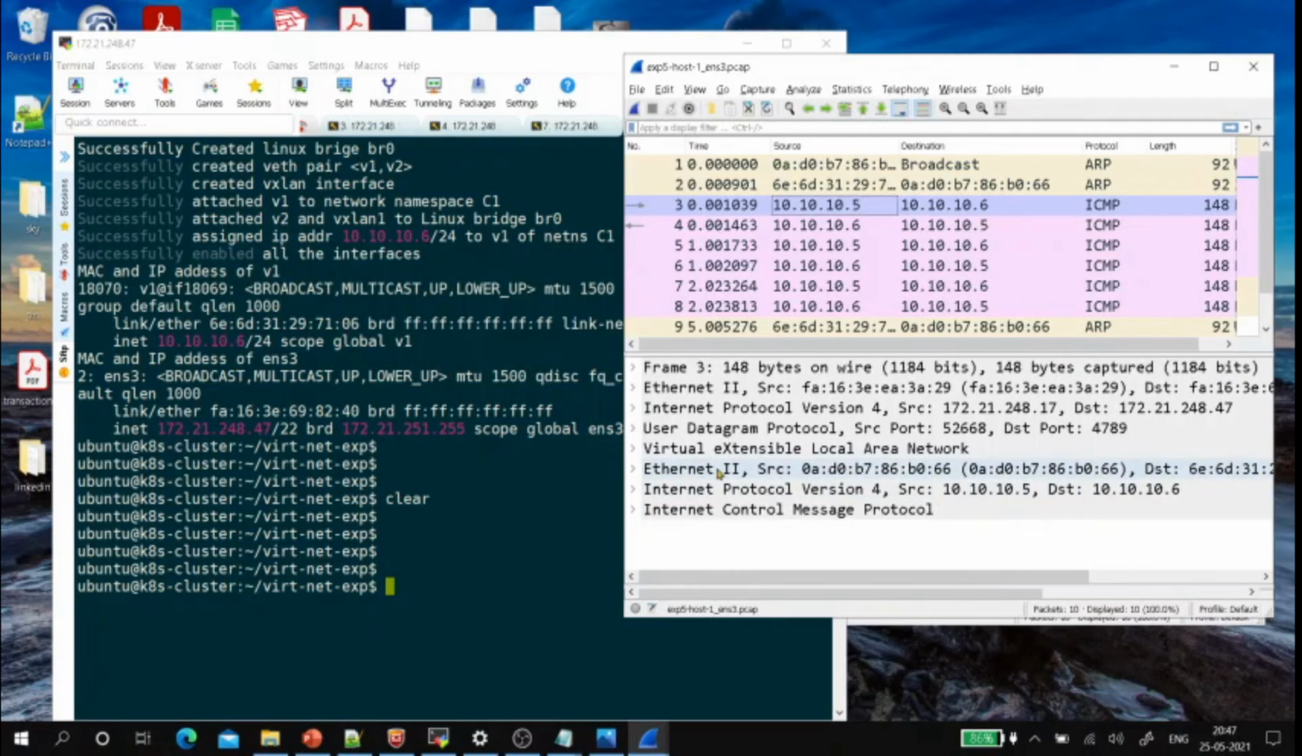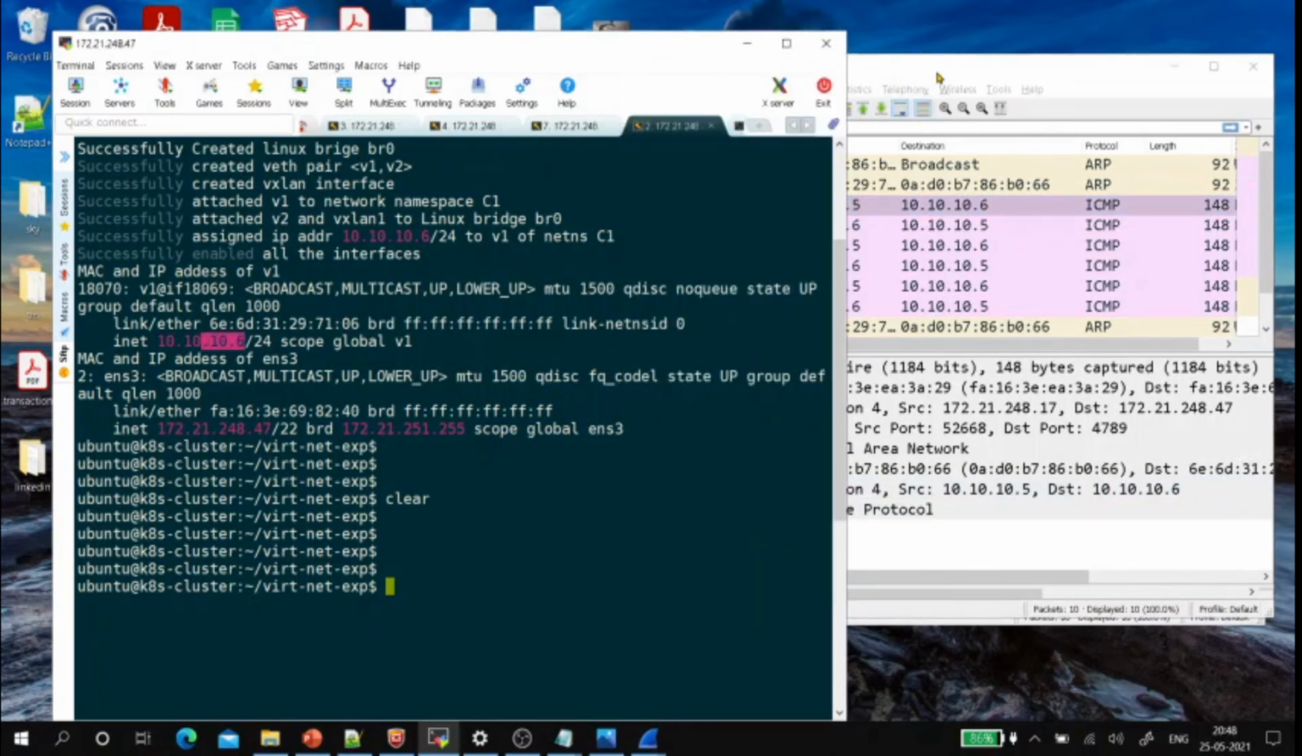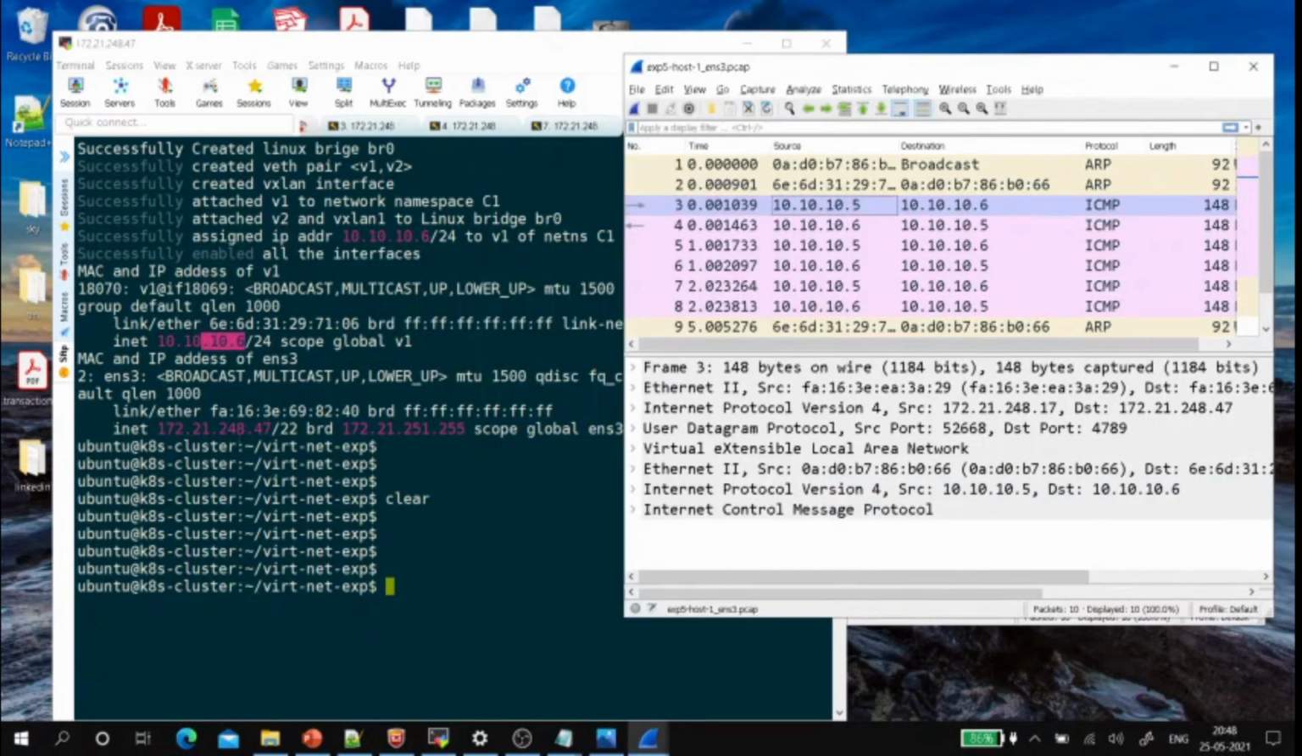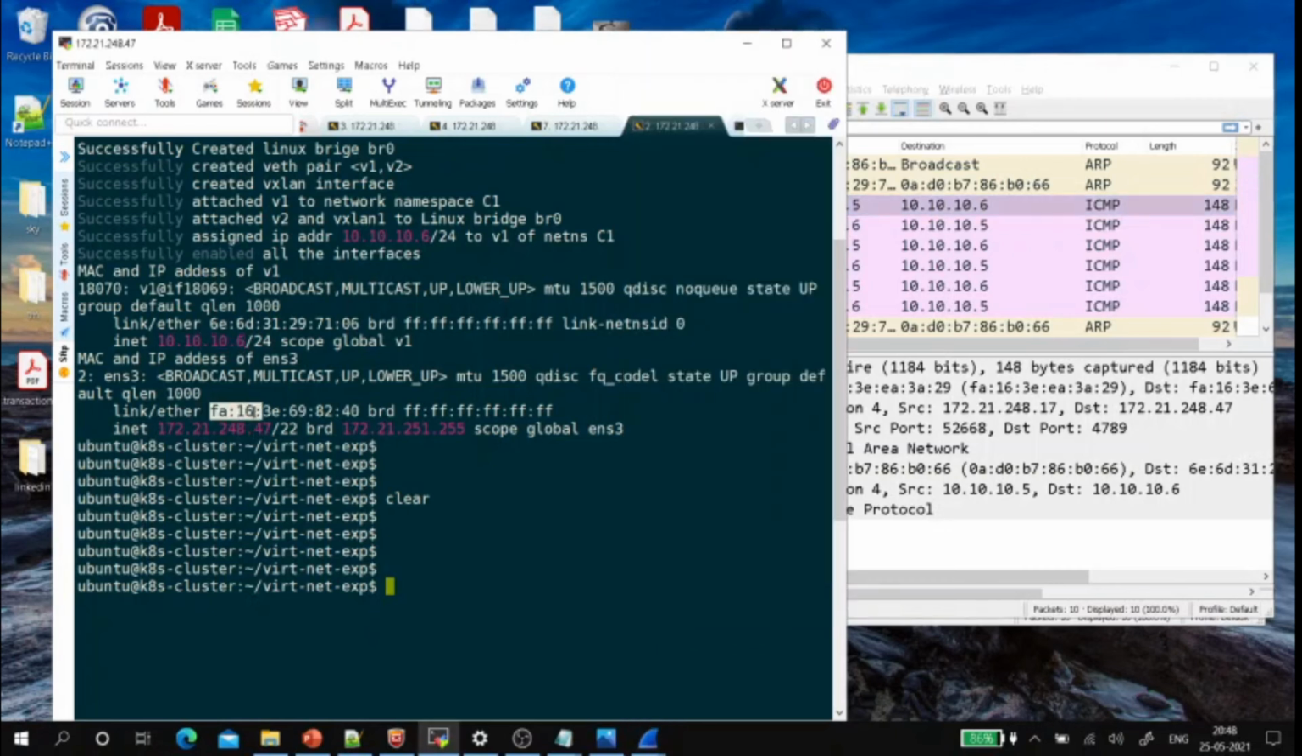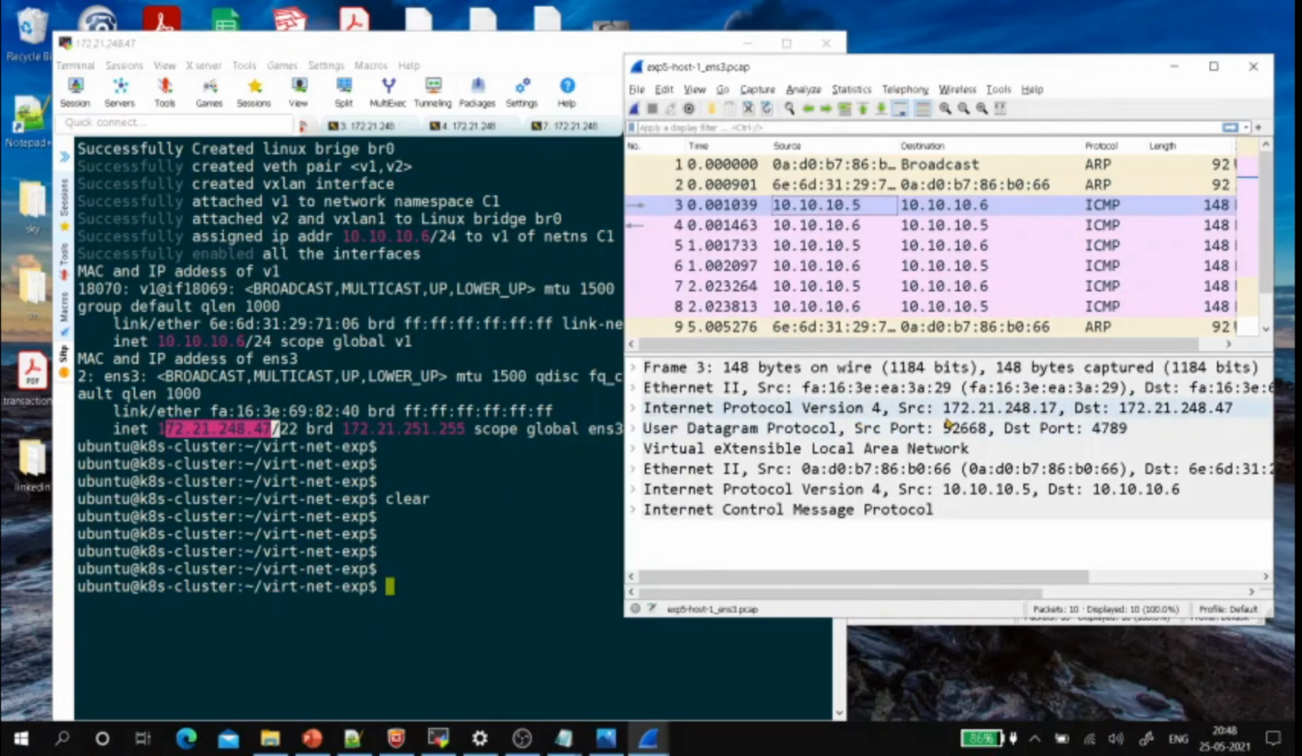6E6D31, the MAC address of the C2 container. 6E6D31. Okay, the IP address is 10.10.10.6. Host 2 interface MAC address and IP address: FEA163, and this is the IP address 248.47. Okay, so we have compared